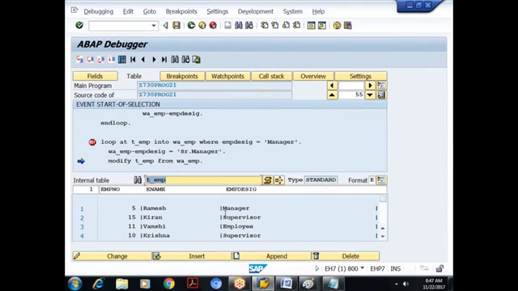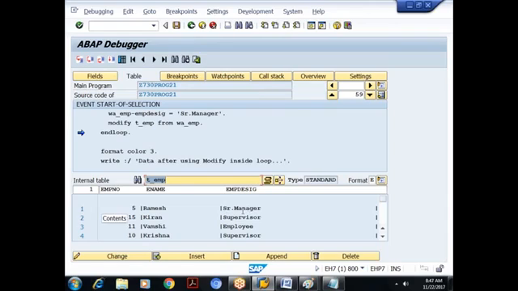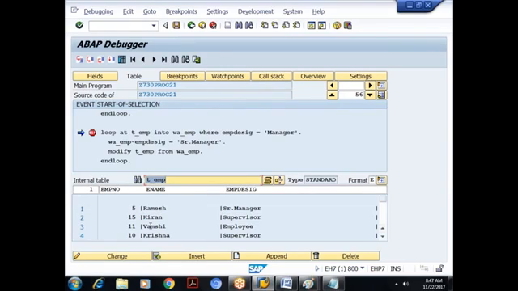Any change here? Yes. So it will update this to Senior manager. Wherever there is a change, it will update that. Now when I press F5, I am about to execute the modify statement. What happened? It got updated to Senior manager. We are still in the loop only. So I'll press F5. Again, the second record, what is this? Supervisor. Condition not satisfied.